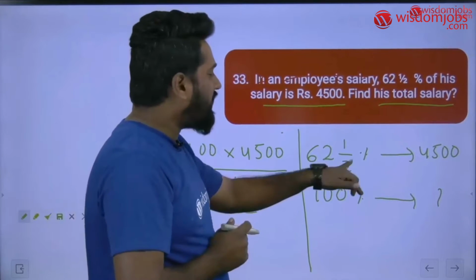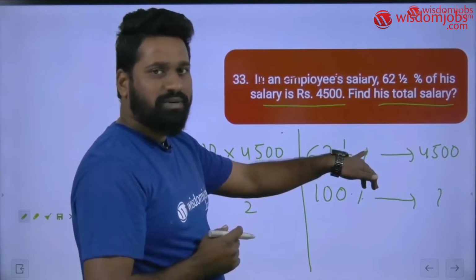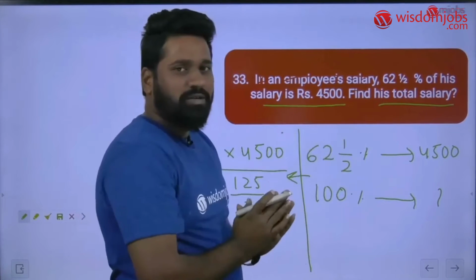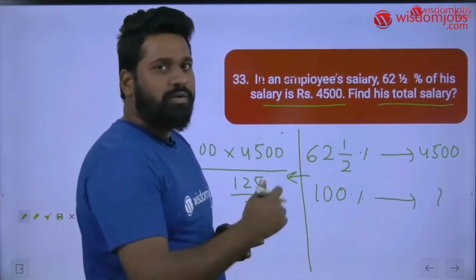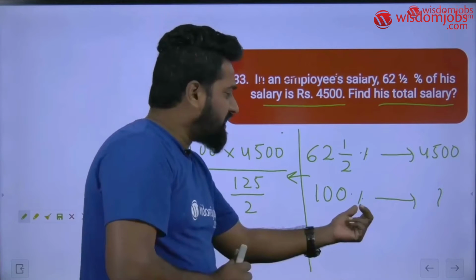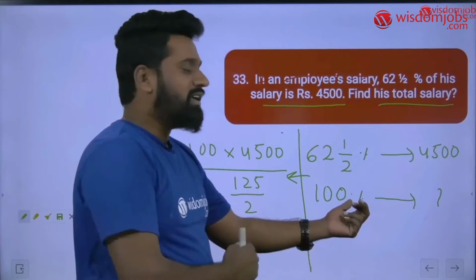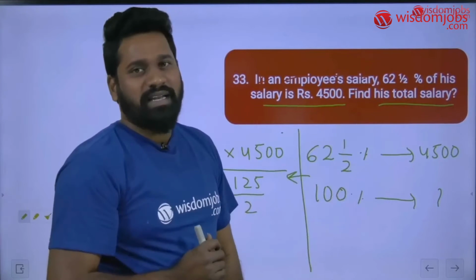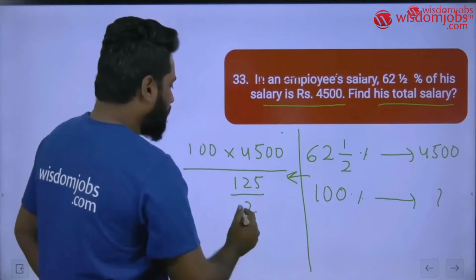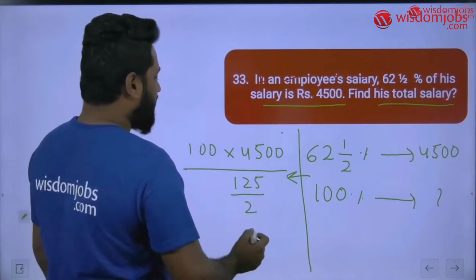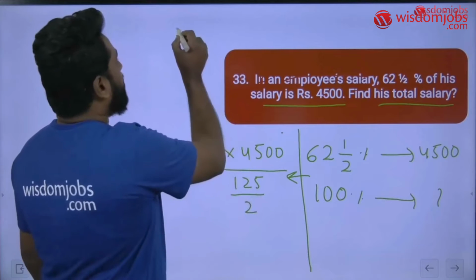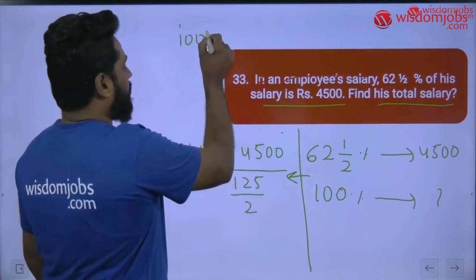Again, don't write 100 in denominator. Here you have percentage symbol, right? This is just like 20% only. You can take 20 itself. Don't write 100 in denominator, because here also you have 100% we are taking. That 100 and this 100 will be cancelled. No need to write. So finally, this value can be written as 100 into